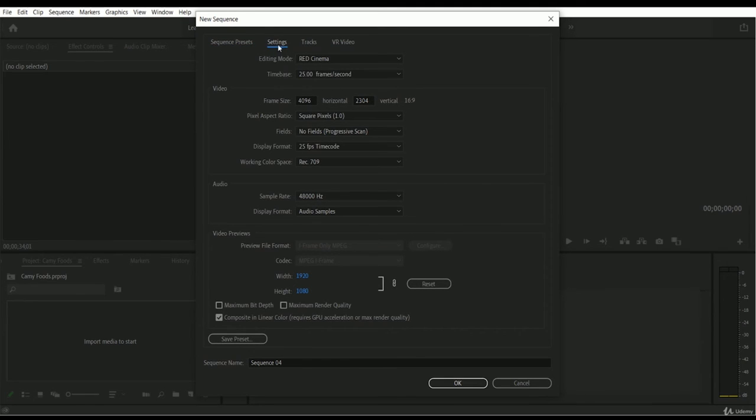Here is the settings tab, and you can put some manual values. So if you want to change the frame per second, you can change it from here. Here is the time base. You can pick any frame per second from here. And if you want to change the frame size, suppose you want to use